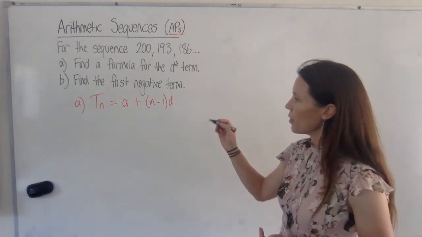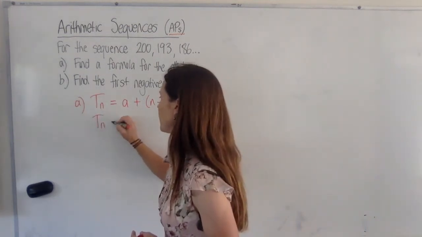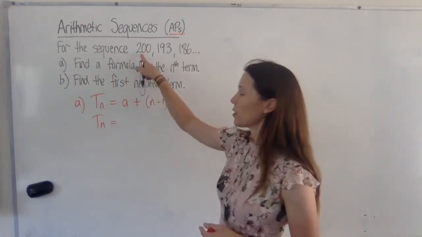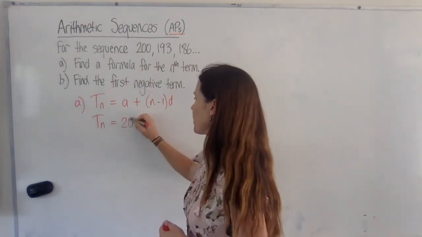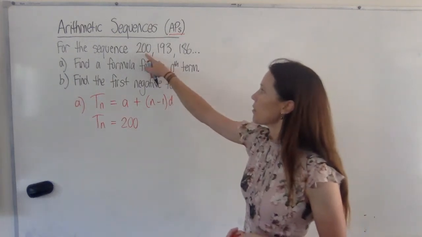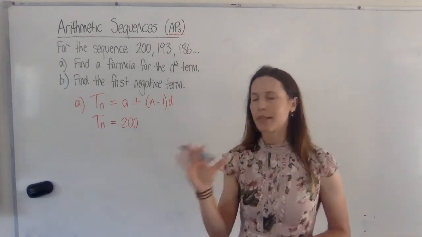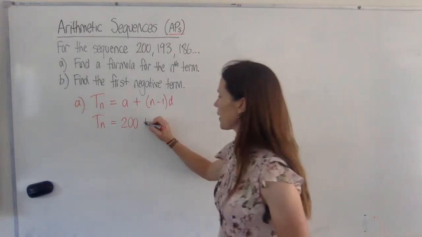Now sub in what we know. We're trying to find a formula for the nth term, so we still need that there. But we know what the first term is. It's 200, so we can put that in for a. And we know what the common difference is too. We know that this is going down by 7 every time. So the common difference is minus 7. Now we can put it like this